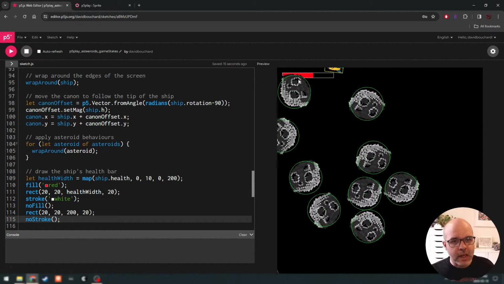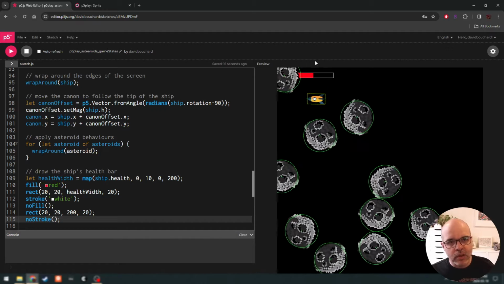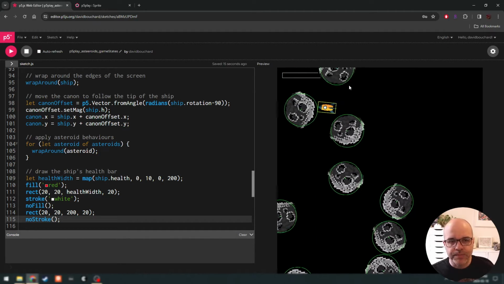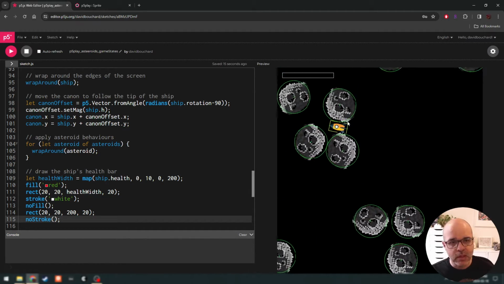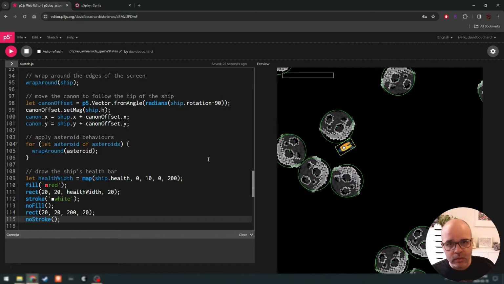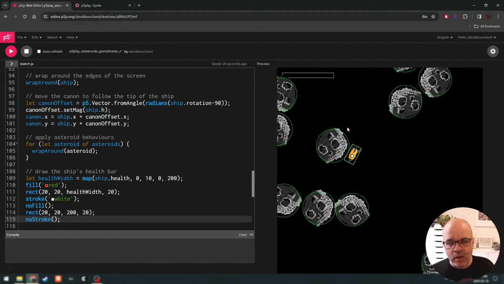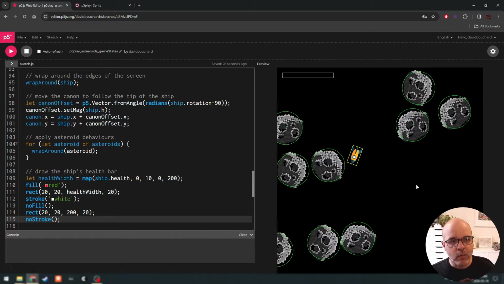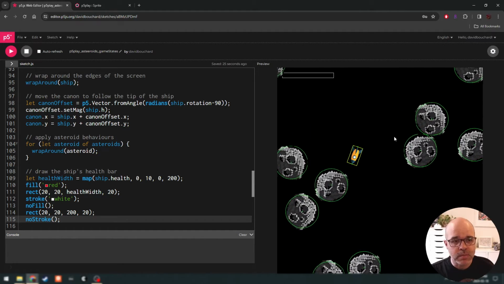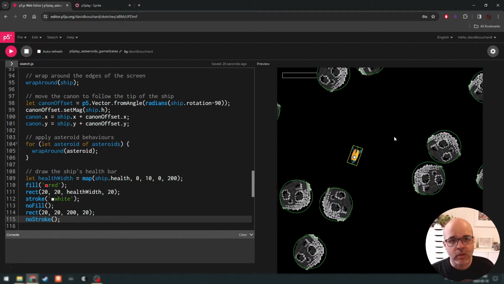Now you'll notice the asteroids and the ship all appear on top of our health bar, which is kind of annoying. That's because in p5play by default, all the sprites are drawn automatically, and we're about to take manual control over this because the next thing we want to talk about is this idea